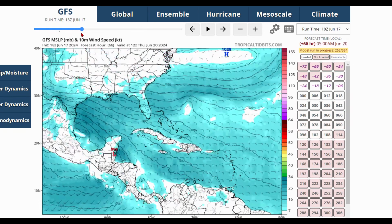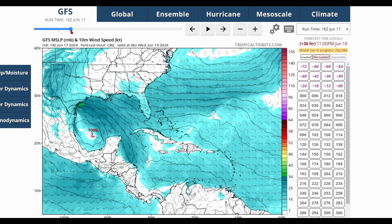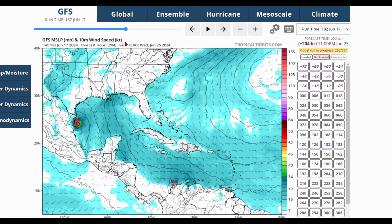And then the GFS in terms of the wind, not really strong, and the thing is with the circulation, it looks pretty disorganized, kind of elongated, all that stuff. So you have the main circulation, because there's shear, the main circulation is to the north of the technical center of the storm, but you have another part of the circulation to the north with the stronger winds. So there could be some disorganization with this system, but then the next one looks a lot more